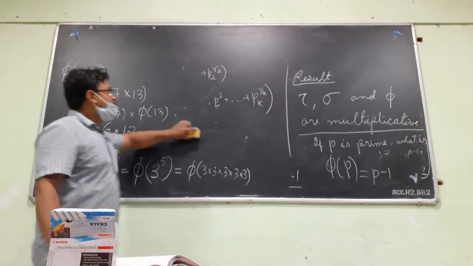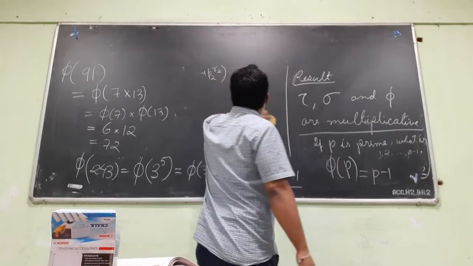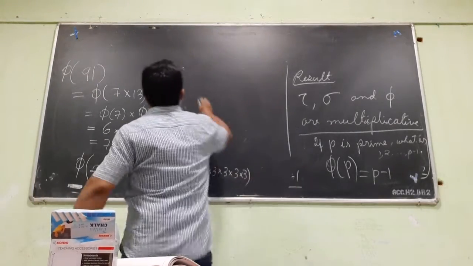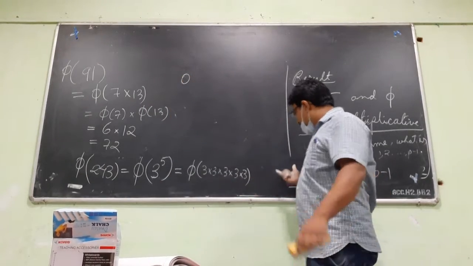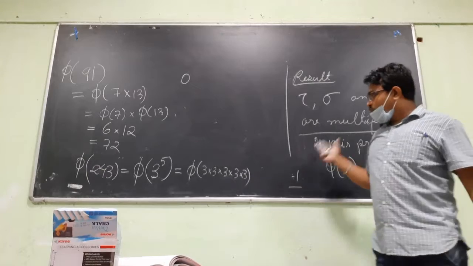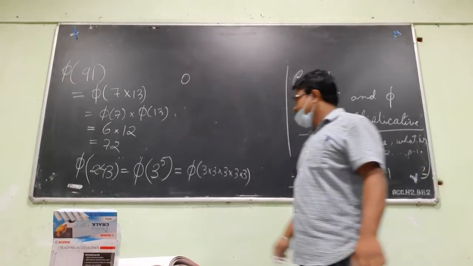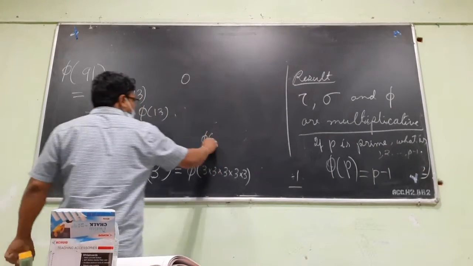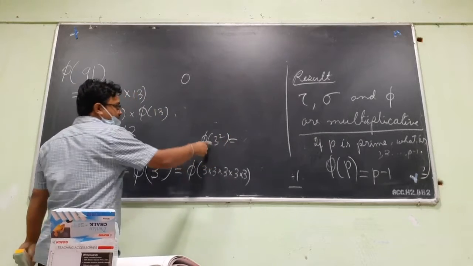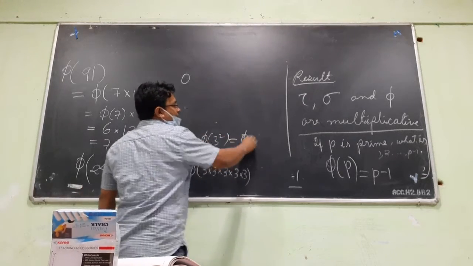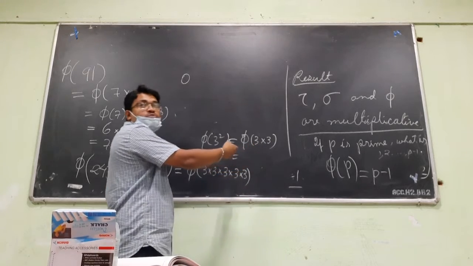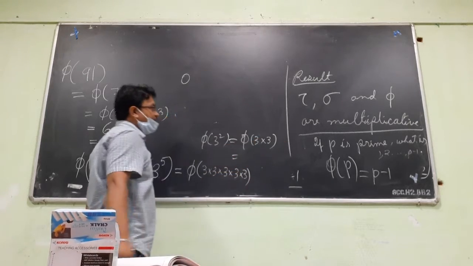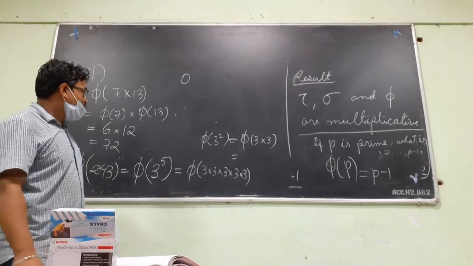So the question is, if p is a prime number, what is phi of p to the power k? It is not here. Whatever I have done up to now, from there you cannot say anything here. If it is 3 squared also, then it is difficult. For 3 squared, I cannot write phi of 3 into 3, because the GCD of 3 and 3 is not 1, so I cannot use that part. Multiplicative in general they use for the word.